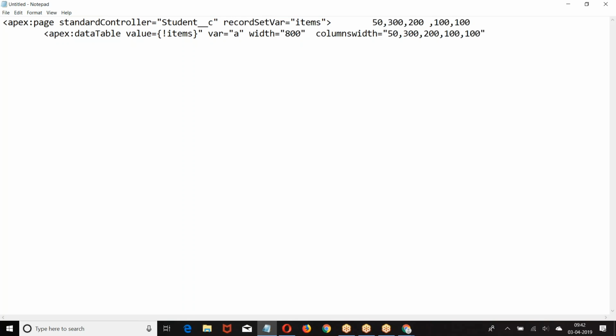Right. Now I want row wise borders. If I want to take a row wise border, you are supposed to take rules equal to rows. Then I want to take a border box, then you are supposed to give border,